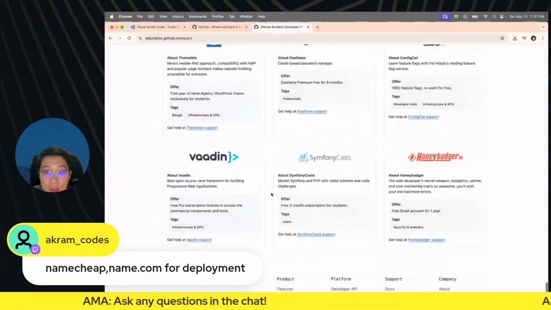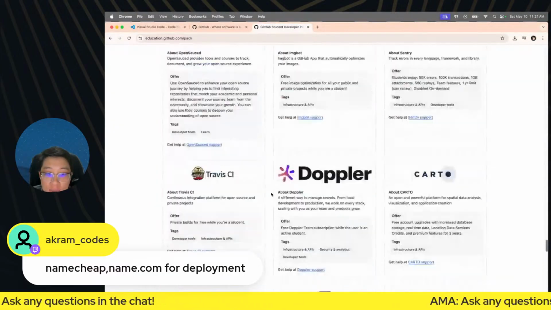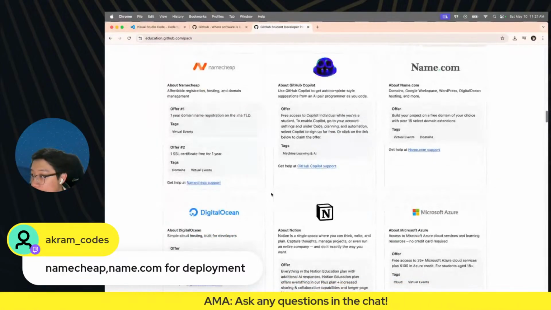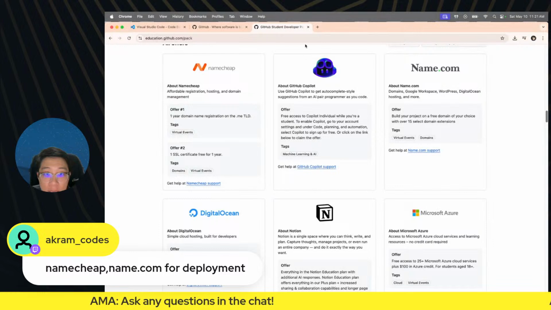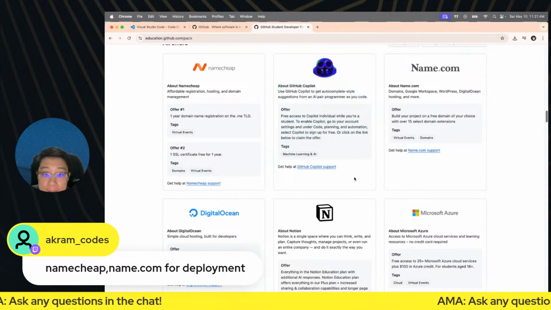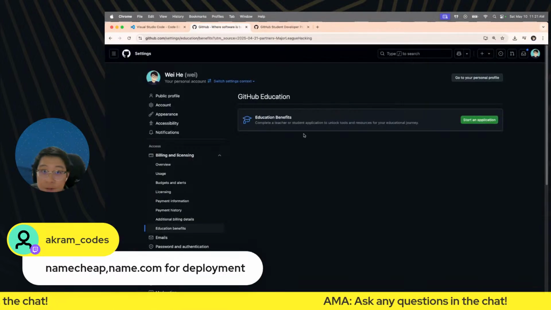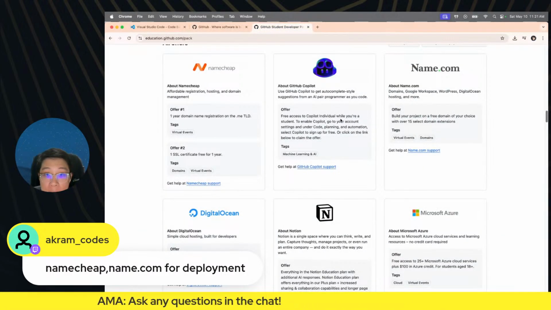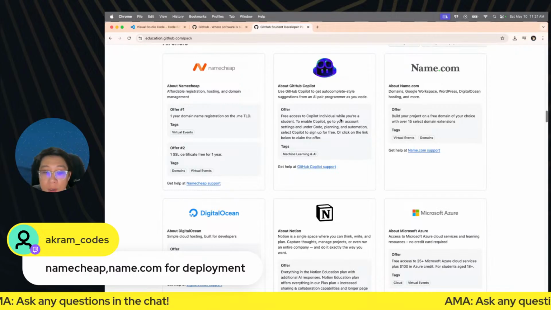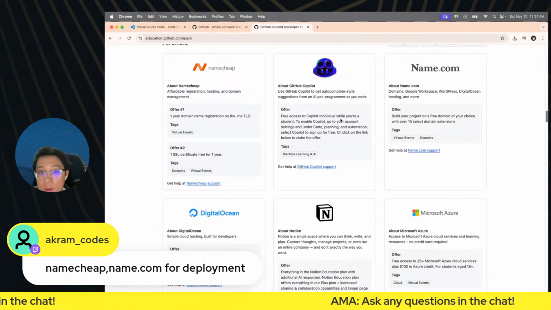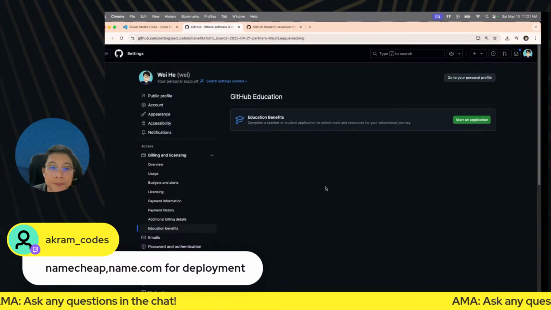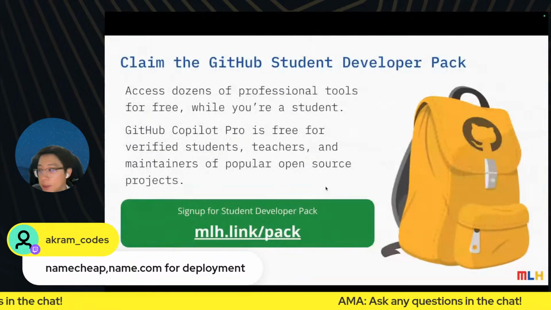Yeah, so let me just scroll all the way down to the bottom. So there are a ton of amazing resources. I highly recommend you check it out. But today, we will be focusing on GitHub Copilot Pro plan. So after you verify your student status, you will automatically get access to the Pro plan. But to go through our workshop together, you don't actually need a Pro plan. You can stick with the free, but I highly recommend you get the Pro for the higher limits and the access to advanced models. All right, give me a thumbs up if we're all good.